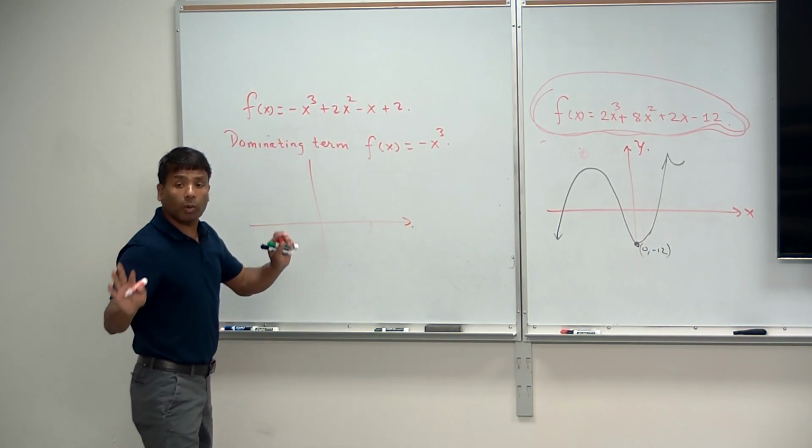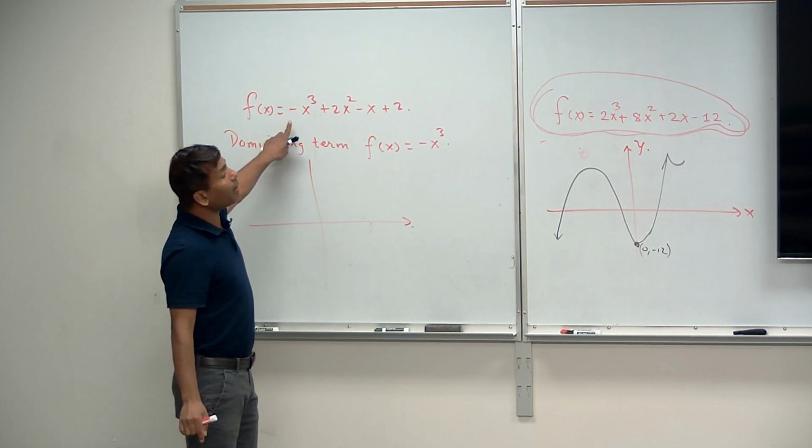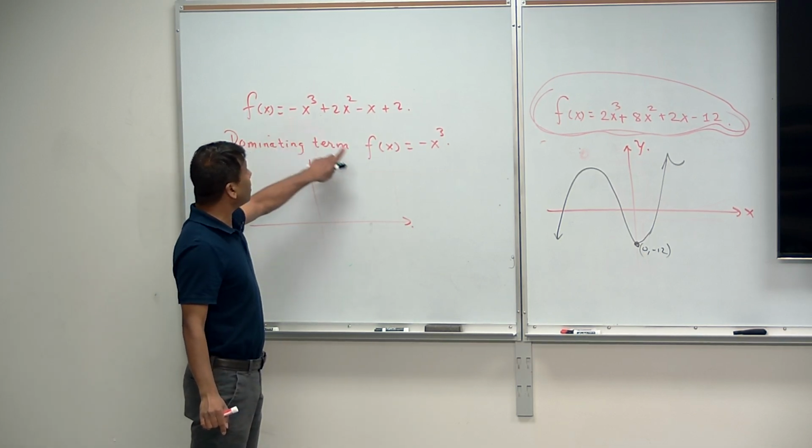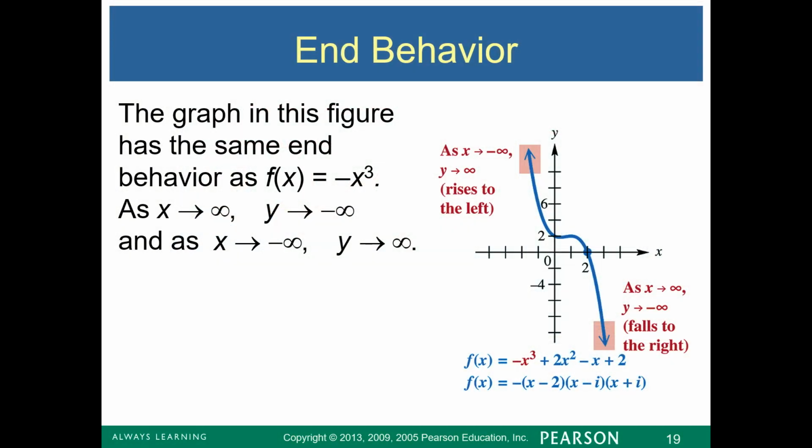So now what you need to know is that the behavior of the graph of this function is similar to what? This one, as the value of x gets larger in absolute value. It's like x approaches positive infinity and x approaches negative infinity, right? So the behavior of the graph of this function is dominated by this. And you guys know that f(x) equal to negative x cubed is the reflection of f(x) equal to x cubed across the x-axis. So the graph looks like